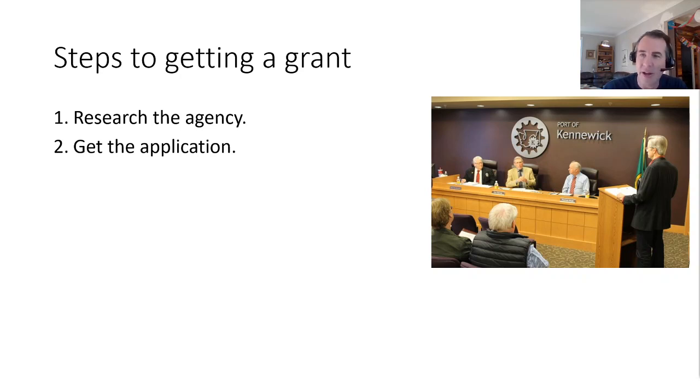Get the application. Read through it very, very thoroughly. You want to do a second check to decide if it's a fit for your needs, and also to see if the amount of money that they are providing is appropriate for you. I mean, if it's a $1 million grant and all you need is money to get rights for a particular show, let's say, it might not be the one that you want to go for. So check if the amount of money being provided is a fit for your needs, and if your needs are appropriate for the grant itself.